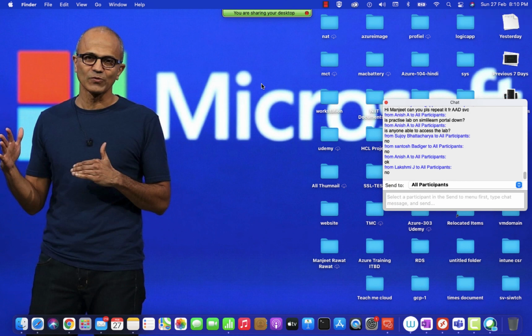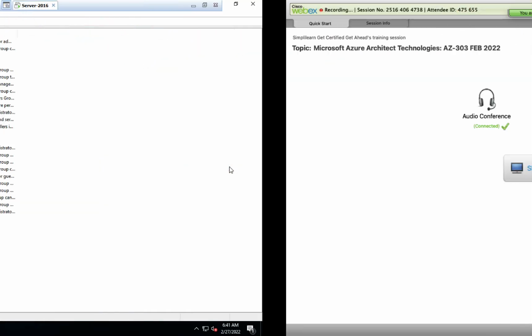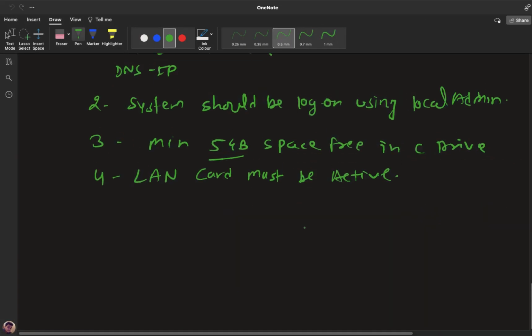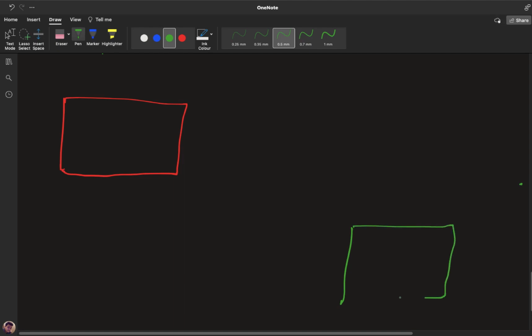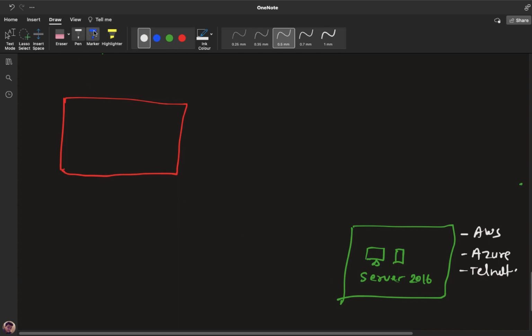What are the settings that you need to use to perform this task? The important part, we have two different panels. I'm just going to create a proper hybrid setup. This is Azure AD, right? That we log in through our Gmail account, our Outlook account that you use to purchase the subscription. This is the on-premises office where you install the AD service, on Server 2016, right? And in this particular machine we created three different users, AWS, Azure and I think telnet. These users are available on-premises. This one is our Active Directory panel, and that is the Azure AD panel,